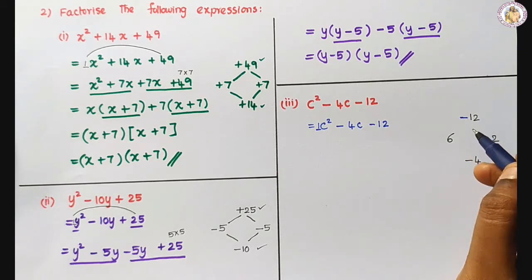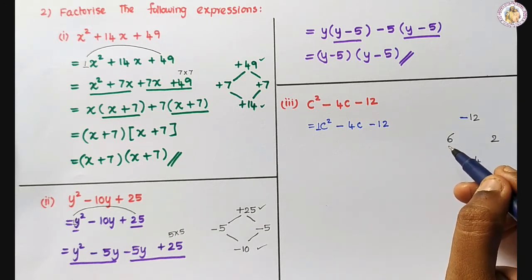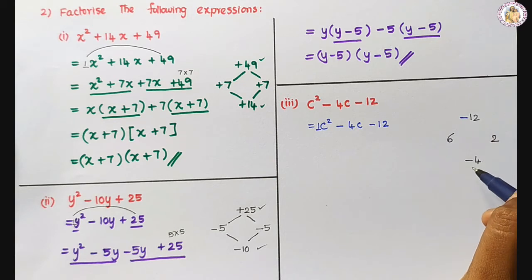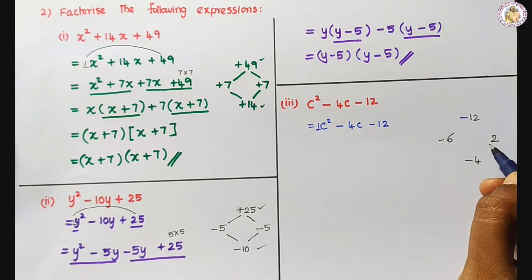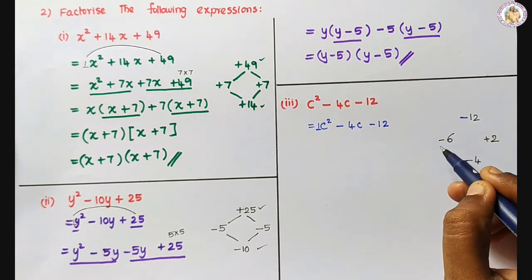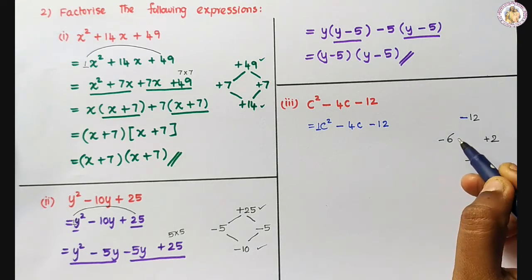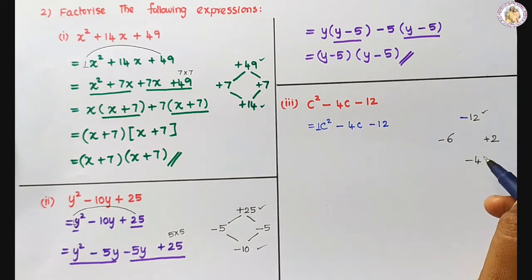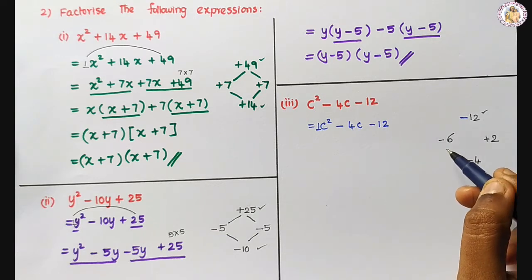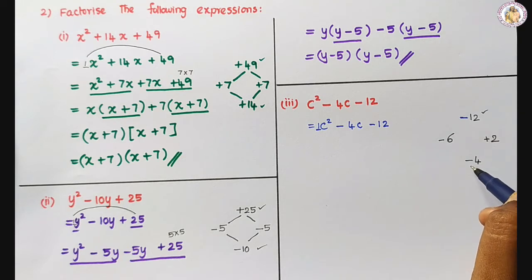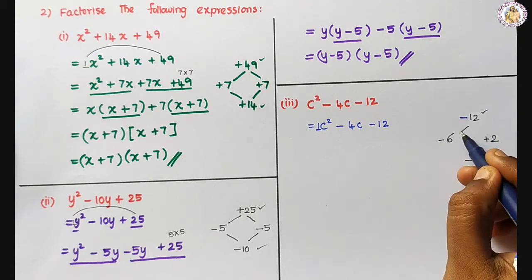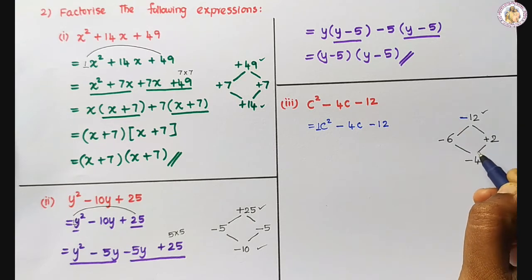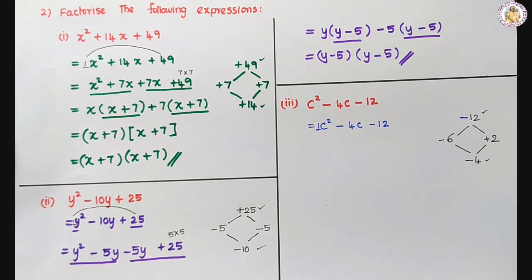Minus is in the multiplication, so one is plus and the other is minus. Here it is minus 4, and the bigger number gets the minus, so put minus 6 and plus 2. Now multiply: minus into plus, minus, 6 twos are 12. So that is right. And minus and plus are different signs, so we subtract the numbers; the difference is 4. Which one is greater here? 6. That sign we put here, so we get minus 4. So minus 6 and plus 2 are the two numbers.